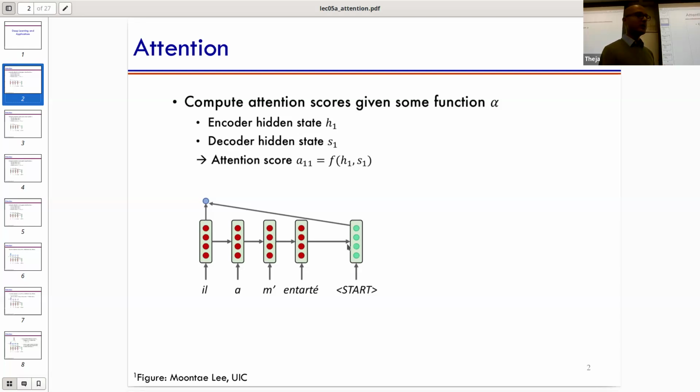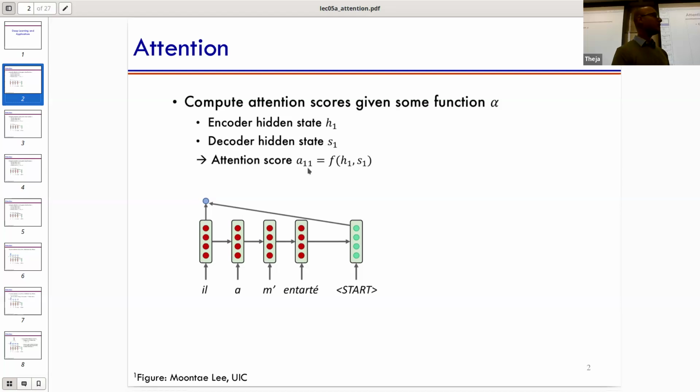It's the following. Once we generate the hidden vector here, the green vector, we're going to start combining this hidden vector with each of the previous 4 hidden vectors in this example. Whatever the sentence length, that many hidden vectors, I'm going to use to compose my current hidden vector, to eventually generate the distribution over words. I don't want to go directly from this green vector to the distribution over words through a linear transformation, but I'm going to do an intermediate computation. Let's call this S1 for the decoder hidden state, and let's call these H1, H2, H3, H4.